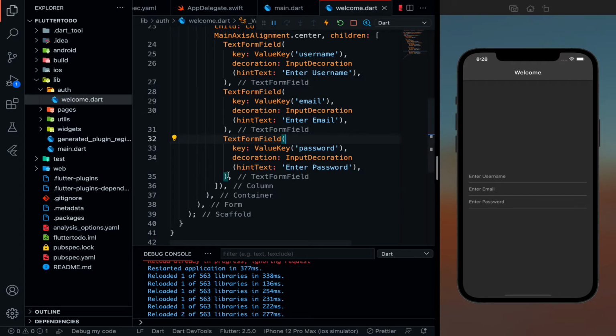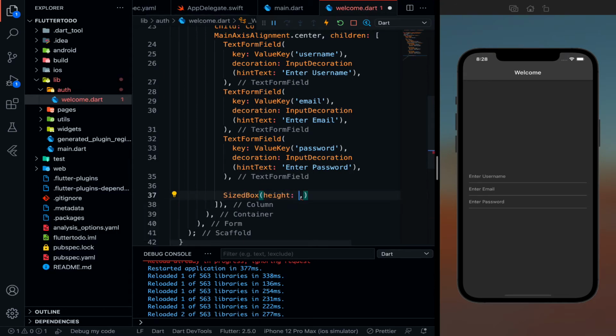Now I need to use an elevated button. So let me use a sized box first, so that I should have a gap in between. It should not be sticking. And then use a container, and let's define the height as 50.